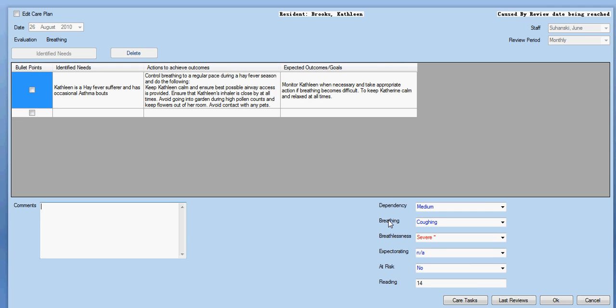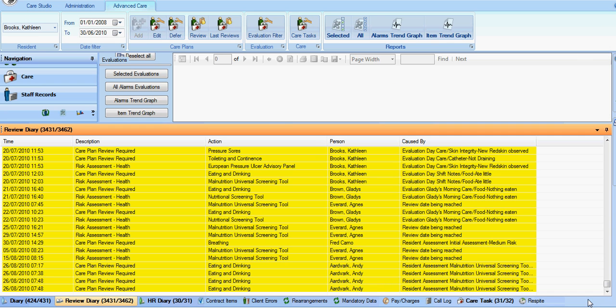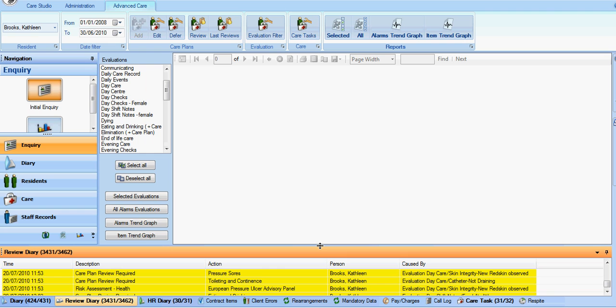It shows me the evaluation of that care plan, and if you remember, that evaluation is entirely definable by you, so if you don't like those prompts and the drop downs that are provided, then you can change those exactly to your own requirements. The care plan, as you've seen before, we'll leave alone. We've no need to do any further action with it, so I can cancel out of it. Then we'll return back to the alarm panel. I'll just minimize that and close this presentation and say there are